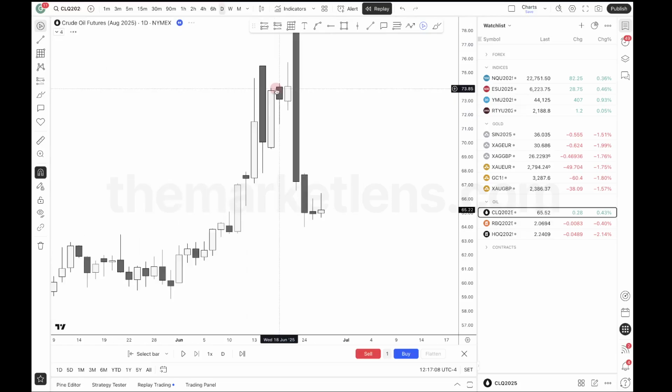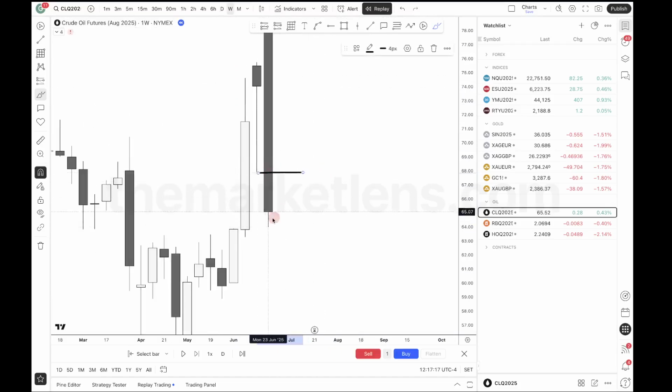When I go to the daily chart, there's too much noise here. There's too many little lows. It's just very ugly. I can clear that up going up one time frame to the weekly time frame. All right, cool. We are in a key level. It's a very large key level. So what do you require? You just require an SMT. That's all you require. And that SMT is your reversal.